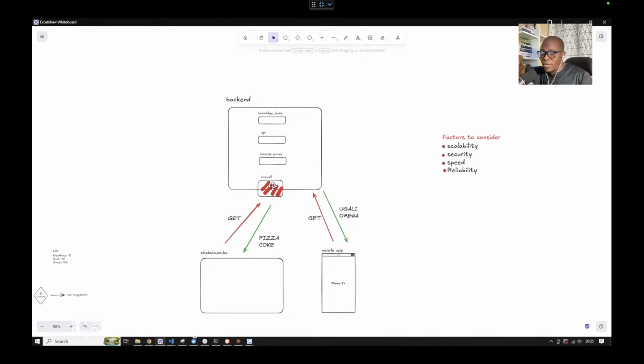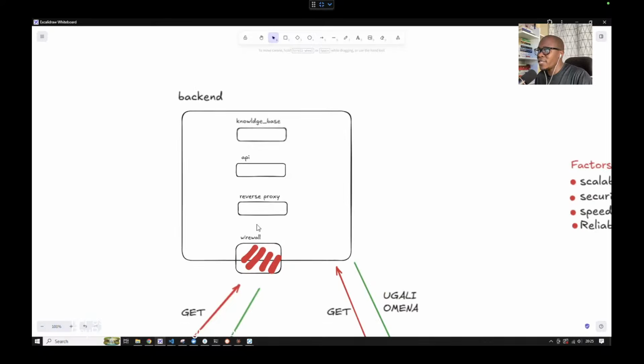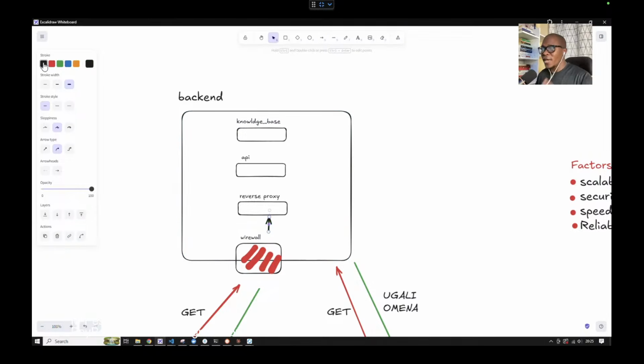And I'll show you an actual example of how Soma Stories is sort of layered. So now inside our backend, the request will pass through a firewall. Now the firewall will only do one thing. It will check the request. Is this request genuine? Is it somebody trying to hack our system, or is it a genuine user trying to get food? And it does this through so many